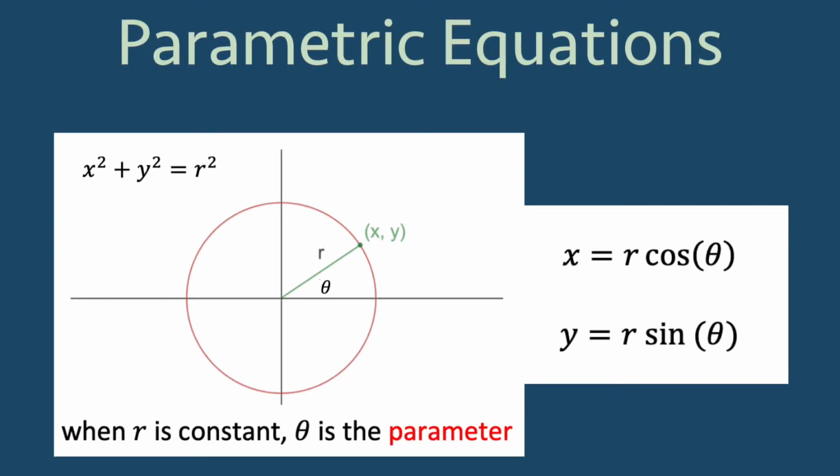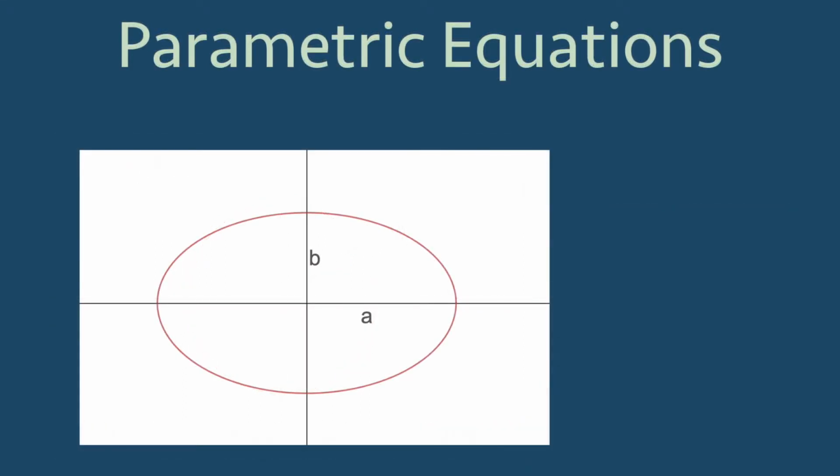Furthermore, if we set the radius to be a constant, then we have defined x and y to be functions of another variable, a parameter, theta. Ellipses can also be described by parametric equations. When we use parametric equations, the difference between ellipses and circles is due to the number being multiplied by the sine and cosine functions. With the circle, we recognize this number as the radius r, but with the ellipse, there